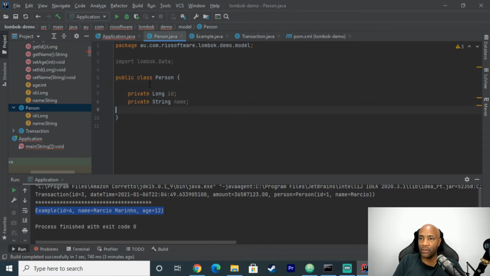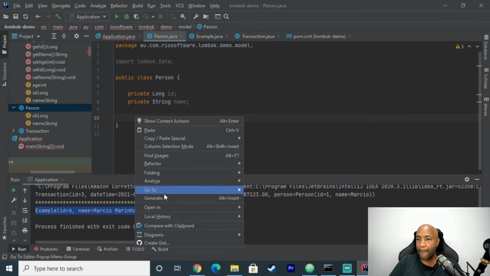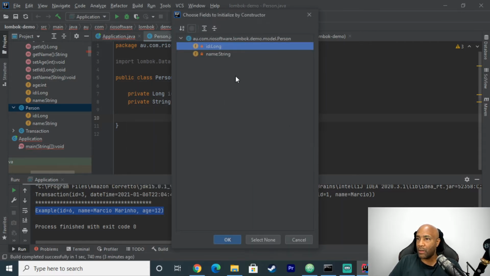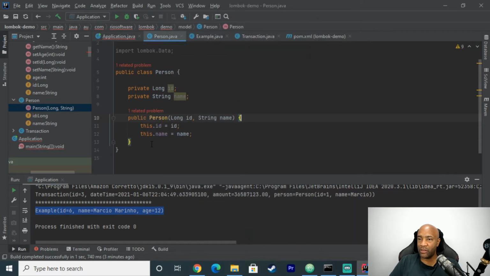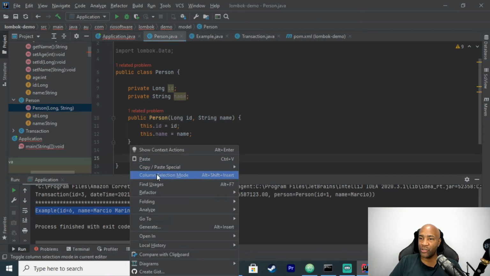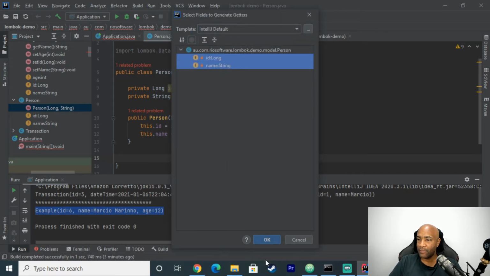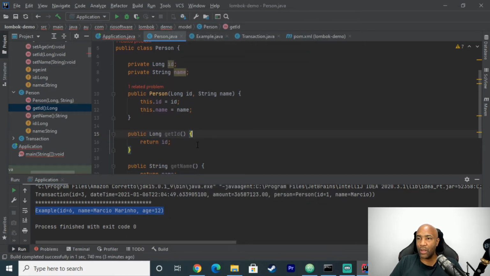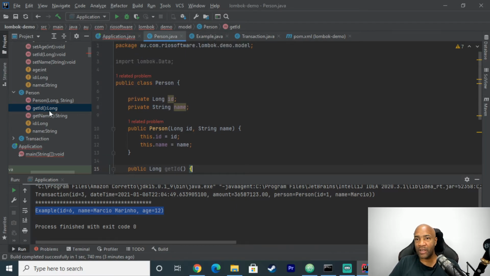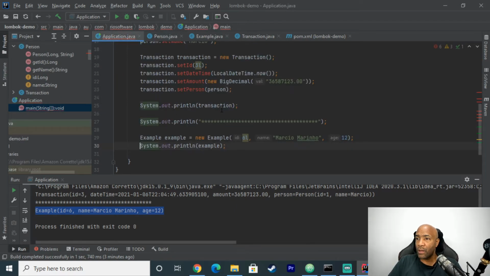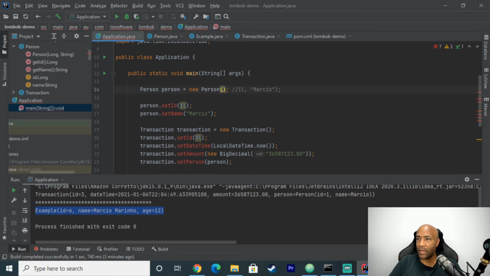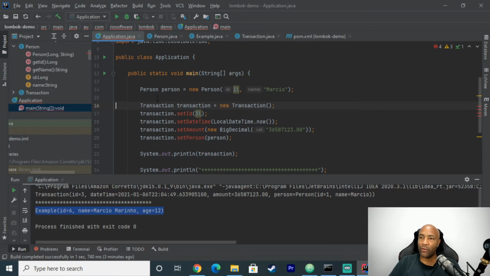So let me do this one. I'm gonna generate the all-args constructor, and I'm gonna generate all getters. So I won't allow anyone to mutate these classes. What else? Yeah, now I can use this one. Likewise for a transaction,